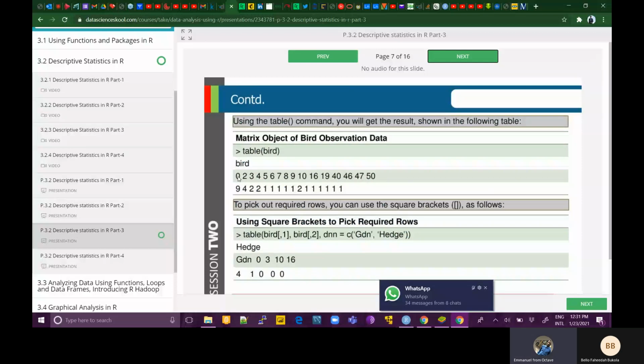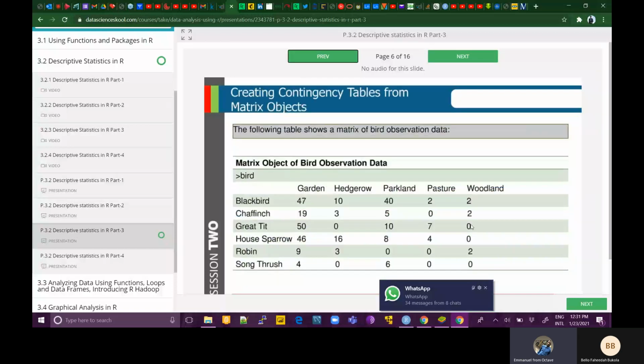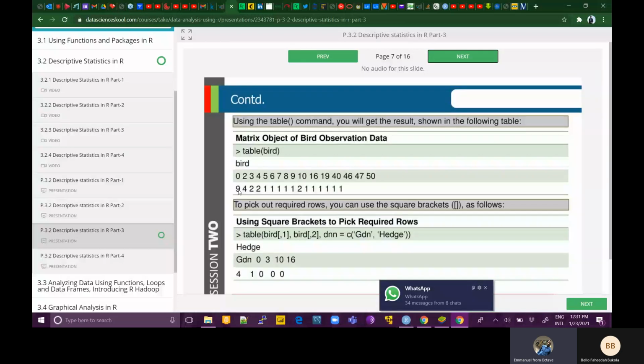Let's go back to the matrix. You can see that I have 1 0 here, another one, 2, another one, 3, another one, 4, another one, 5, another one, 6, another one, 7, then 8, then 9. So 0 occurs 9 times in the matrix, as you can see here. Now, the next number that we have in the matrix is